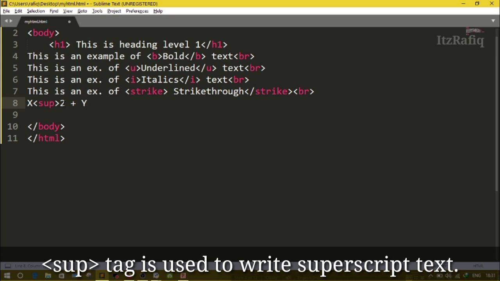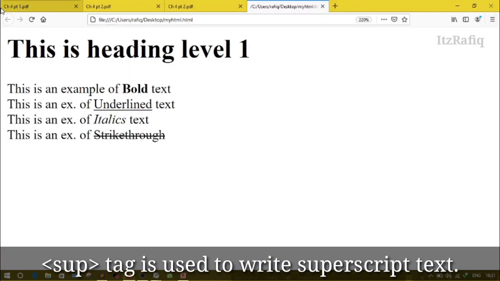After writing 2, close the SUP, then y, SUP 2, SUP close. After that give BR, save the page, go to the browser and reload it. So here you will see the 2 displayed above the x and y. To write mathematical equations, we use superscript.